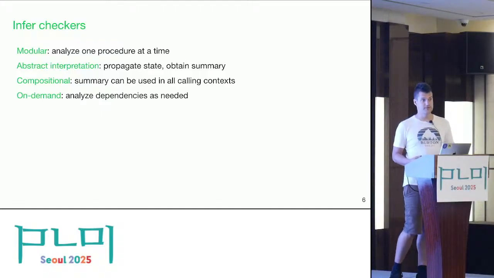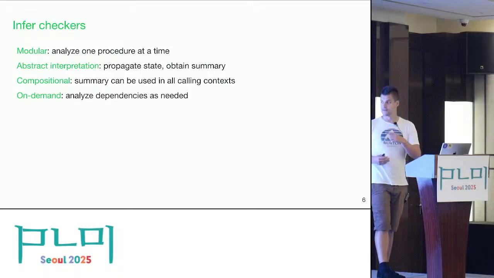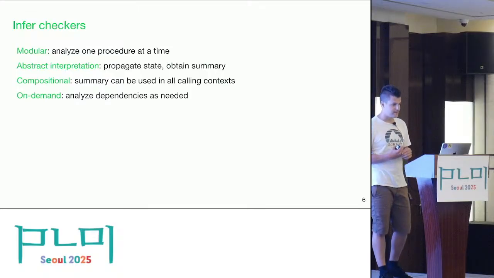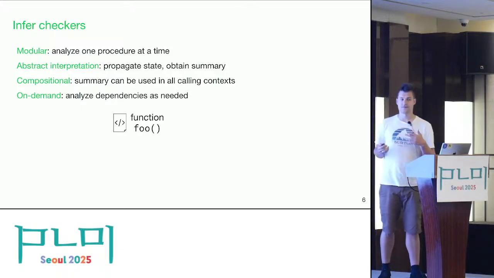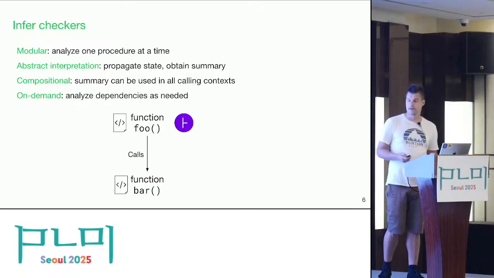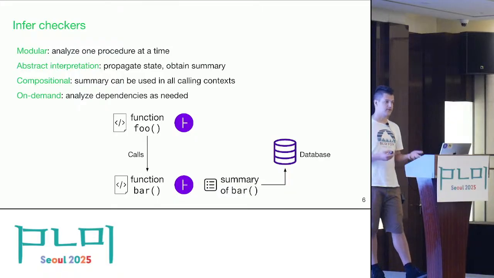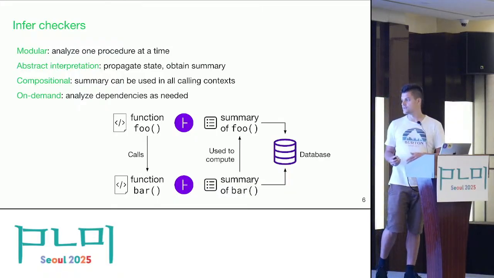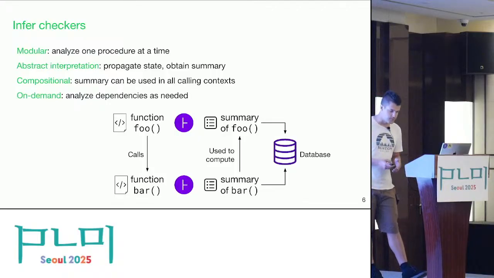And it's on demand, which means that dependencies are analyzed as needed. This will be interesting when we see recursion, but I will get back to that later. So for example, if we have some function foo that we want to analyze, but it calls function bar, then we first analyze bar, come up with a summary, put it in our database so that we can reuse that to compute the summary of foo. So this is how